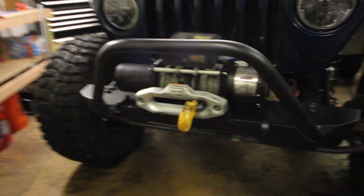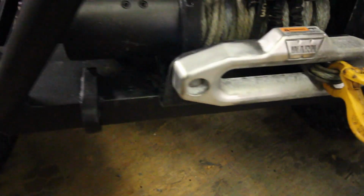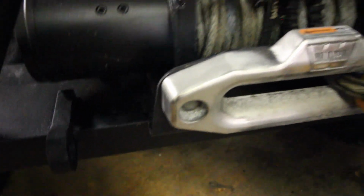That looks so good! Look at that difference. Yeah, it looks a lot better. I can't really tell with the lighting, but...